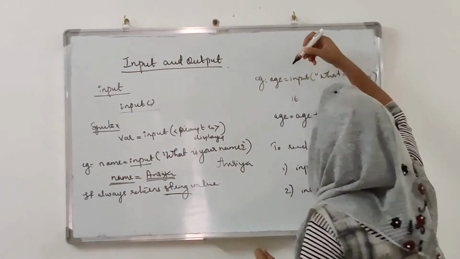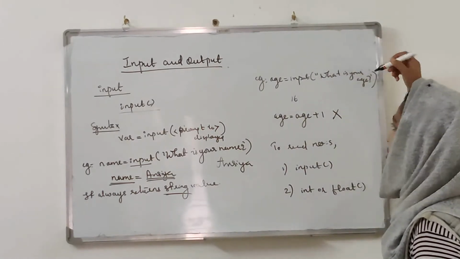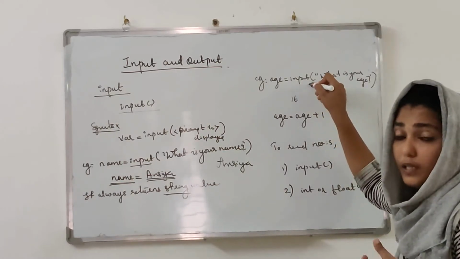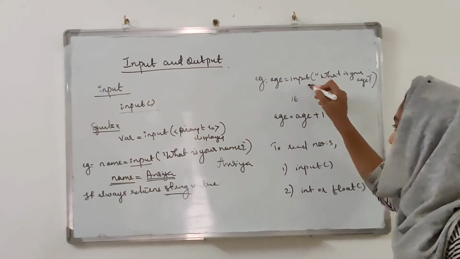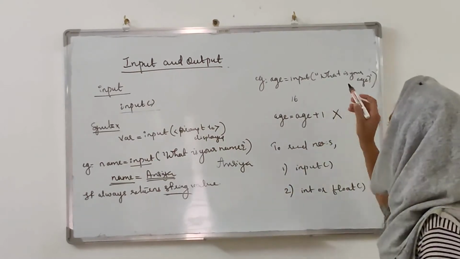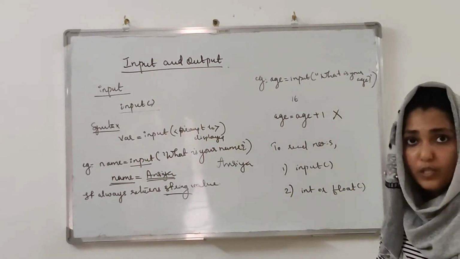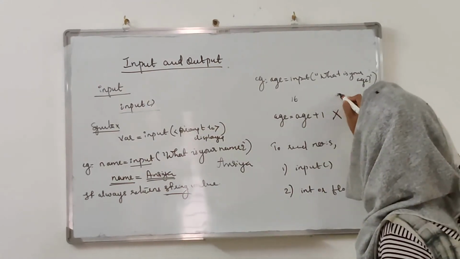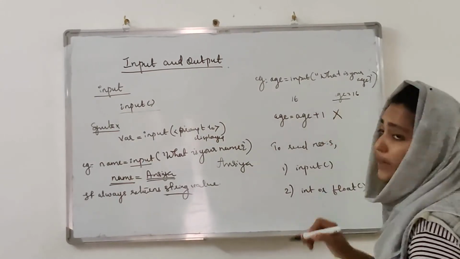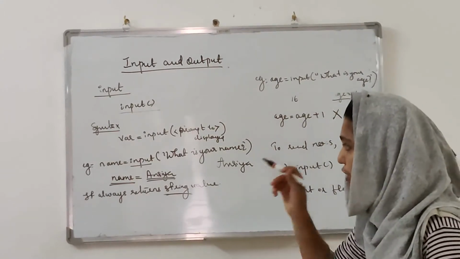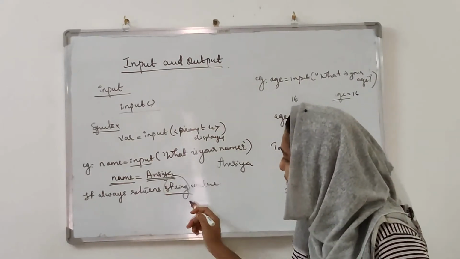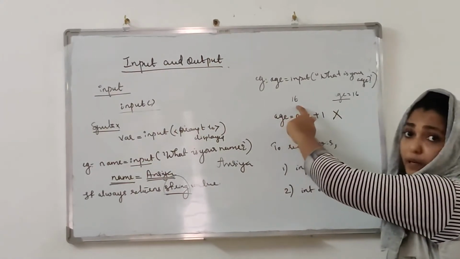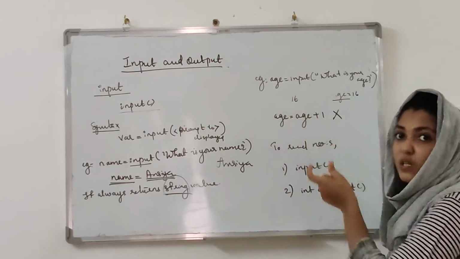Now look at this example. age = input("What is your age"). Here, using the input function, we are trying to get the age value from the user. What is your age will display on the output screen. Suppose I enter the value 16. Then the value 16 will be stored in the variable age. And I told you the input function always returns a string value. Even though 16 is a number, Python will see it as a string value.